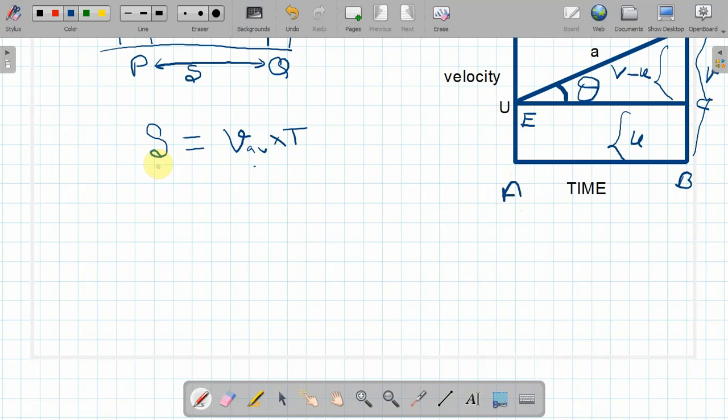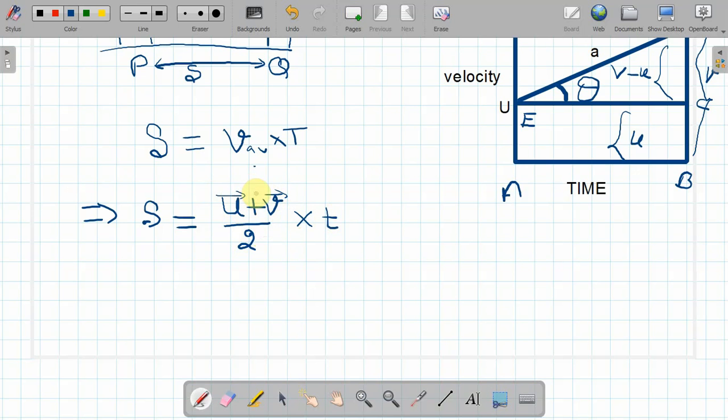As we earlier know, displacement is equal to average velocity into time. So let us go through the same equation. Again displacement S is equal to average velocity, which is initial velocity plus final velocity divided by 2, because any average is the sum divided by the total number of values. So U is the initial velocity, V is the final velocity, and there are two numbers, hence divided by 2. So this is U plus V by 2 into time t.